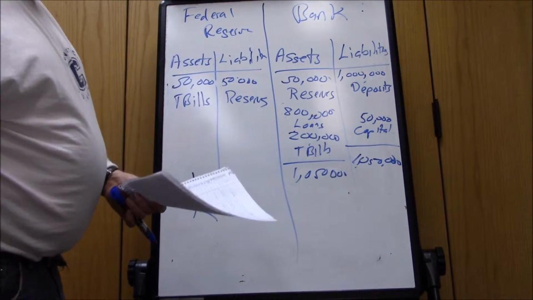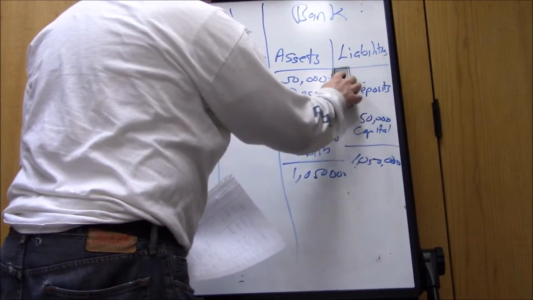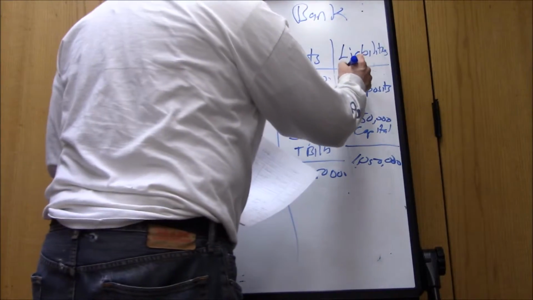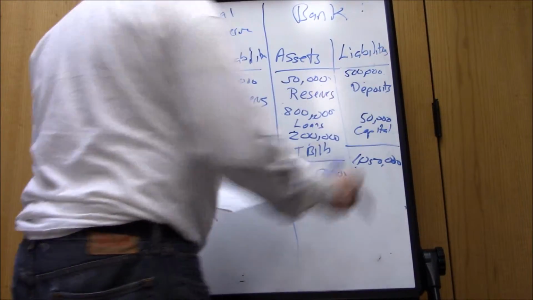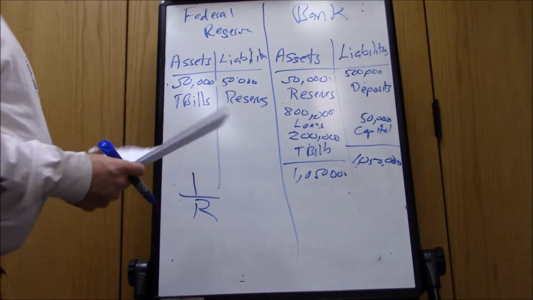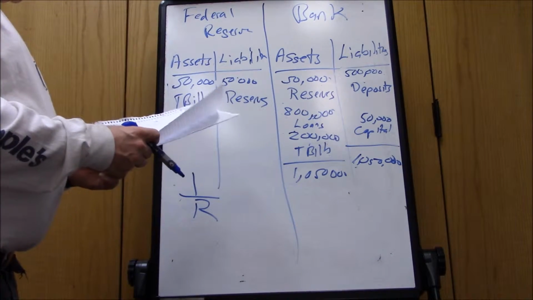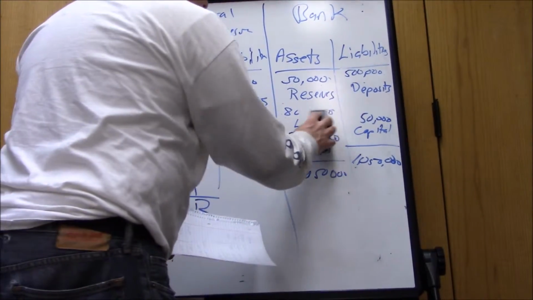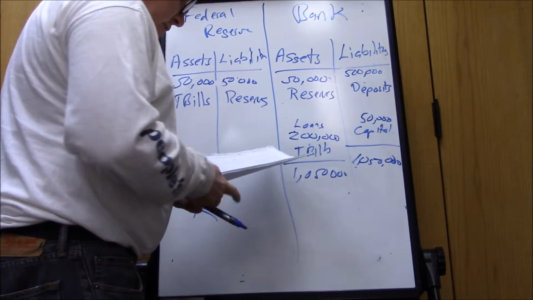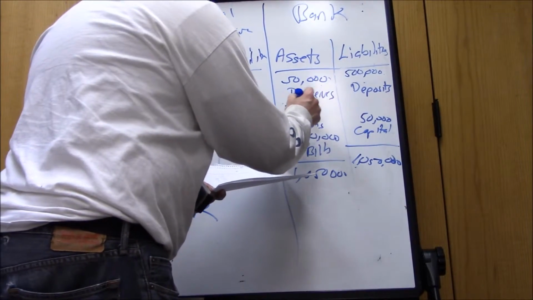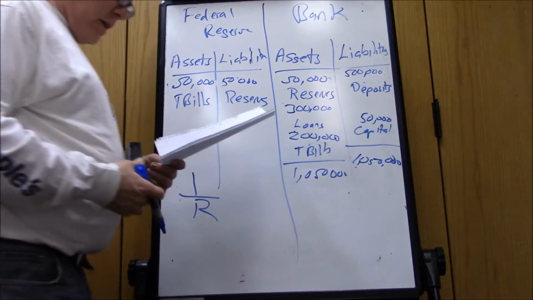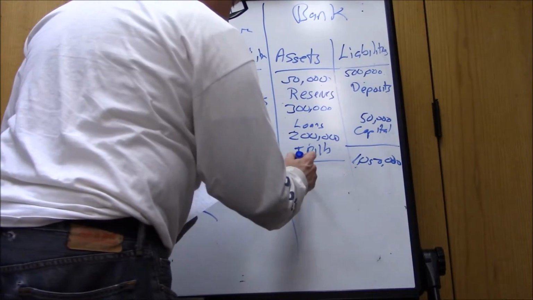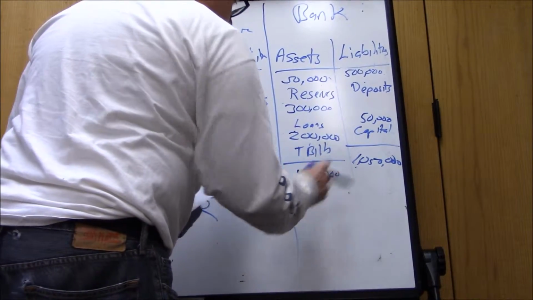It's going to let its deposits go, as people withdraw money. They're just not going to try to replace it. And the bank is going to shrink so that we end up in the end with deposits that are only $500,000 because they only have $50,000 in reserves. As loans get paid off, they won't make new loans. Again, everything has to stay in balance. So we're going to end up with $300,000 in loans. And so in the end, the bank's balance sheet is going to be down to $550,000, and